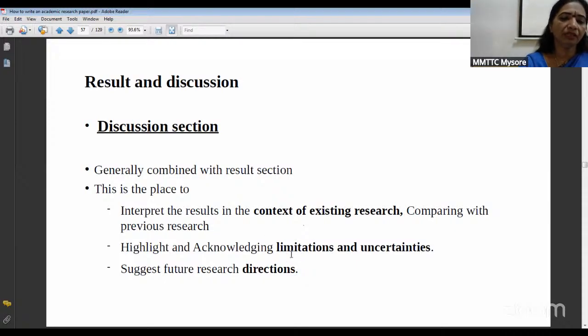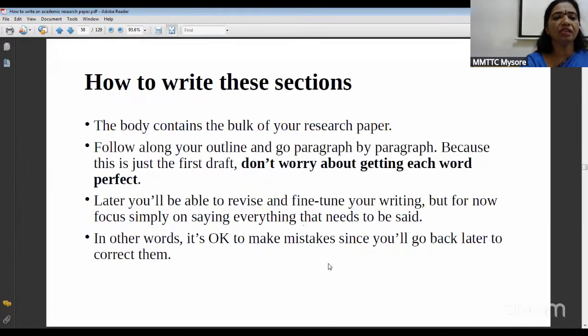So you can also tell the limitations and uncertainties, and you can also suggest future research directions. So suppose you feel this analysis can be supported by something else, you can just discuss that there, so that some other person can